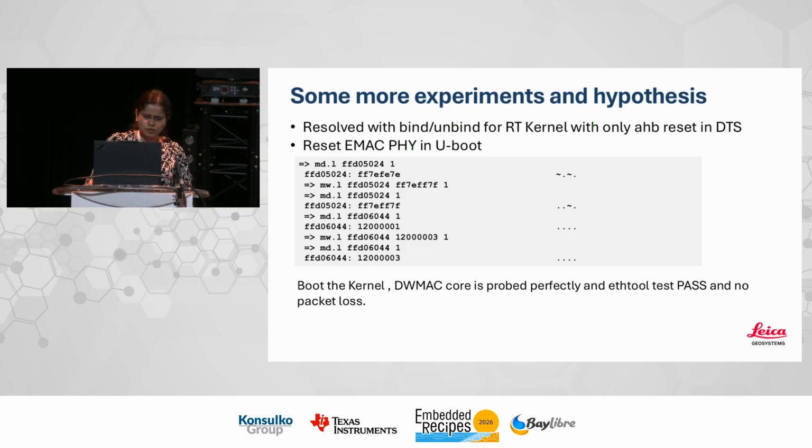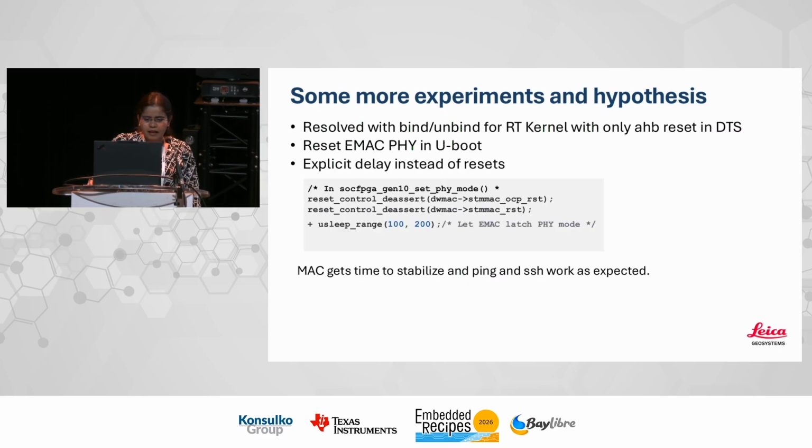In this case also, it was fine. And then the case where we still have AHB defined in DTS, but there is OCP reset inside the driver, and I just added a small delay. This was also fine. So it kind of indicated that maybe it's just a timing and sequence issue,